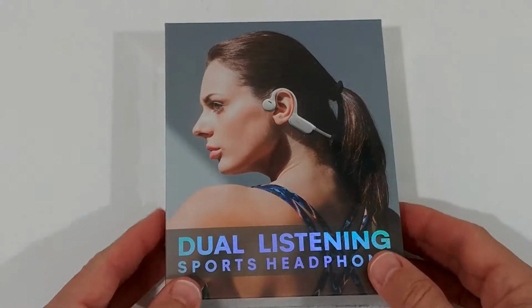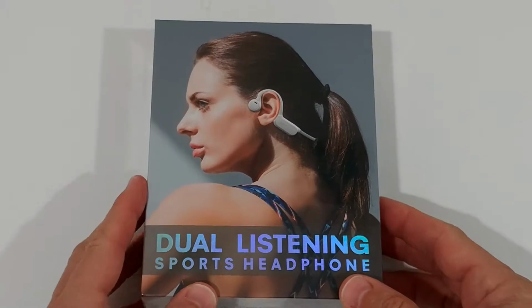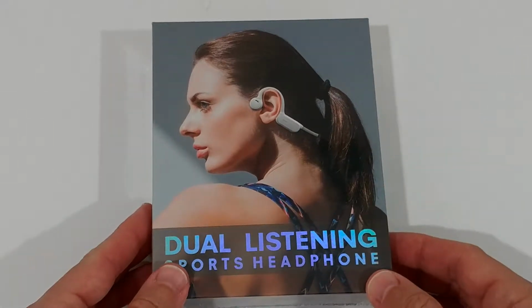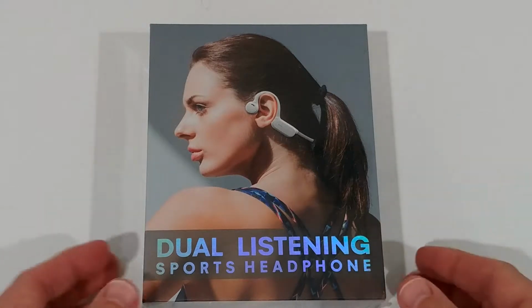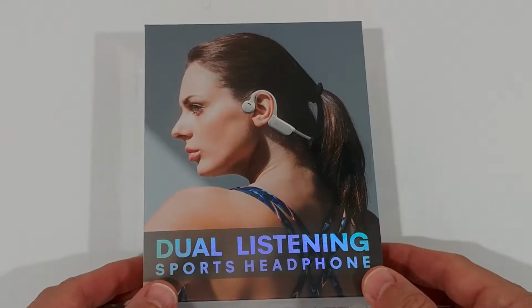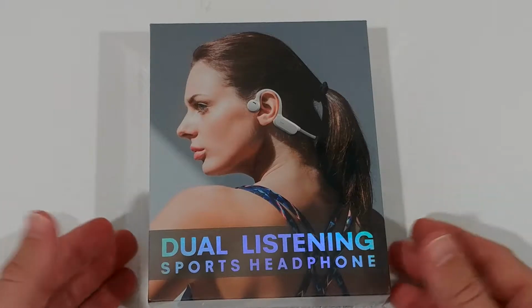So I will of course open that, look what's inside, then I will wear it for some time, try how comfortable, how stable it is, how good the sound is. I will also test the microphone. There's a built-in microphone. I think you should be able to make phone calls. I will record a sample and add it to this video, so you will be able to hear how good